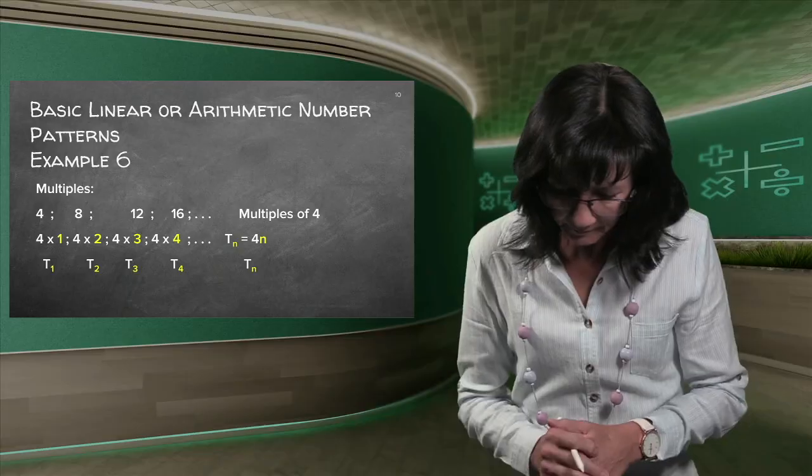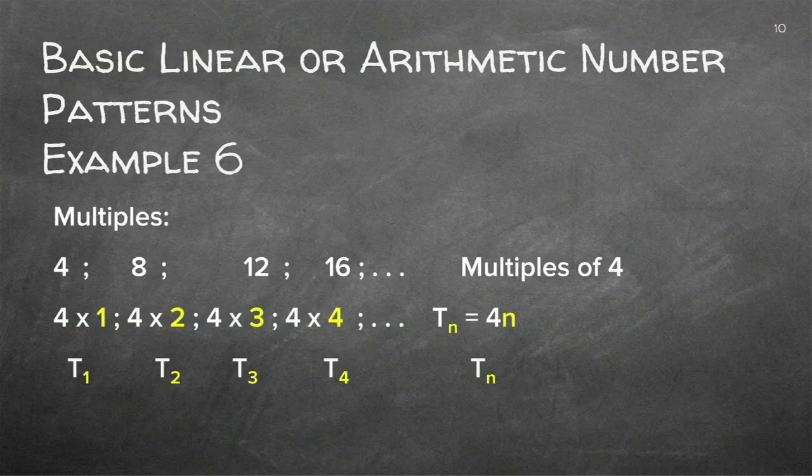Good. Example 6. If you look at this one, it's 4, 8, 12, 16. So there's every time a difference of 4. It looks like you are adding 4 each time, or you can just see it as the multiples of 4: 4 times 2, 4 times 3, 4 times 4. I'll come back to the adding of 4 later in our next lesson, but for now, just to let you understand what the pattern of an arithmetic sequence is about, we write it like this.